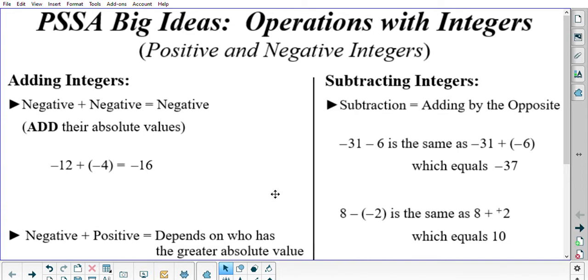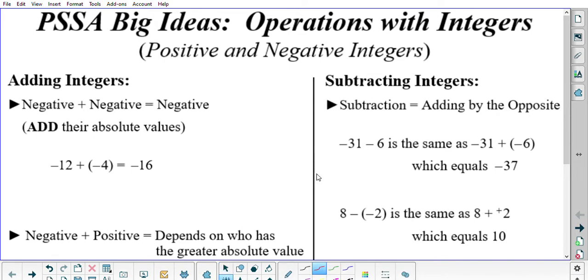Alright, so living in Pennsylvania, we take the standardized test called the PSSAs. And so we're going to be looking at some big ideas of what's going to be on the test, starting with operations with integers, specifically positive and negative integers. So let's review the rules that we've learned about integers from the beginning of the school year, starting off with